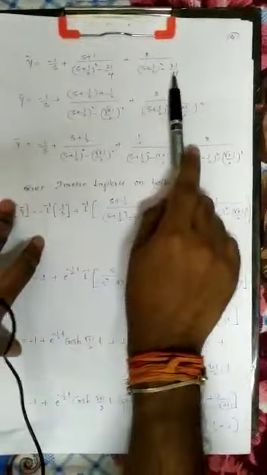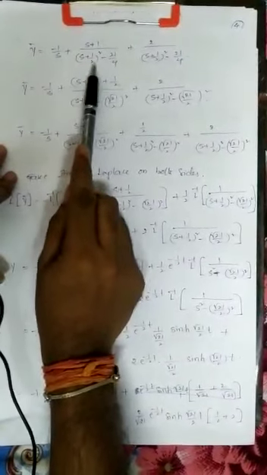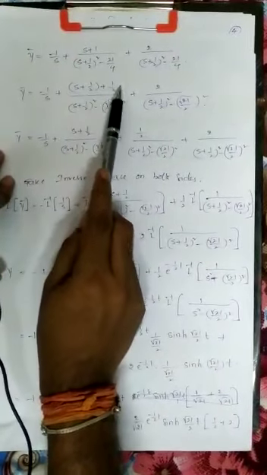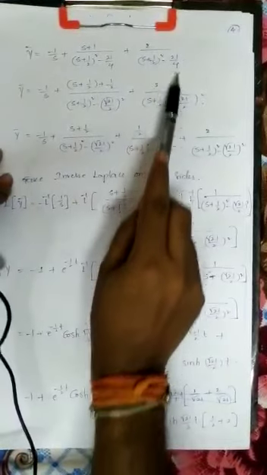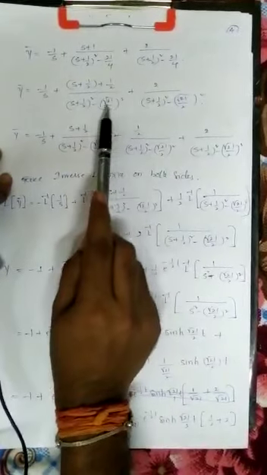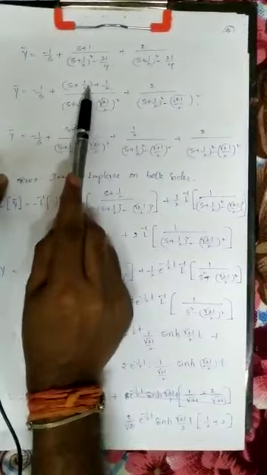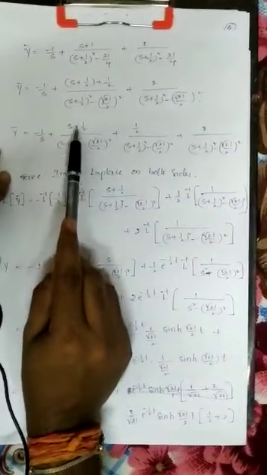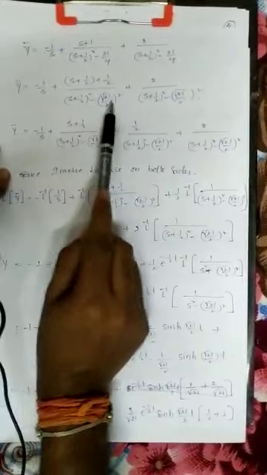In the next step you will get it like this. In the denominator we have the s plus 1 by 2 term, so in the numerator also we have to get the s plus 1 by 2 term. So write this one as 1 by 2 plus 1 by 2. Treat the first two terms as a single term and write this term as it is. Write 21 by 4 as (root 21 by 2) whole square. Next, simplify it. In the numerator we have two terms, so make them separate: (s plus 1 by 2) by this term plus (1 by 2) by this term.